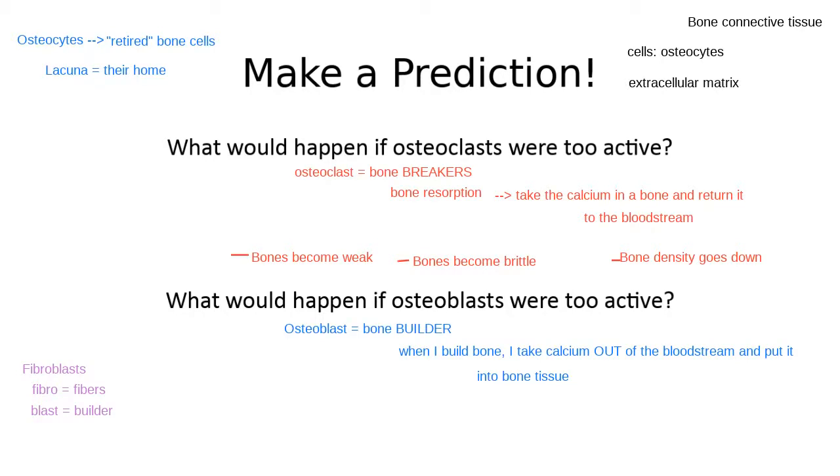Remind me again, what does extracellular mean? Exactly, outside the cell. Outside of cells in bone connective tissue, two things. First thing, calcium, technically calcium phosphate. I'll put that in parentheses for you. First thing outside my bone cells, calcium. The place in your body that you store the most calcium is in your bone tissue. The second thing that's outside those cells is collagen.